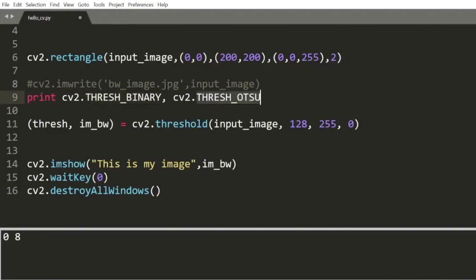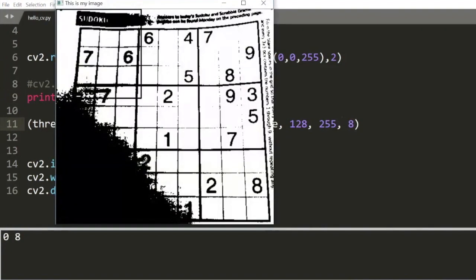And this is another threshold option, which is based on another algorithm. Let's try using that as well. Let's see what happens if you use 8 over here. How does that change? As you saw, this is a lot better than what we had before. We were still able to get most of the image. It's not 100% clear and not exactly what we are looking for, but still better than what we were getting with the binary threshold.